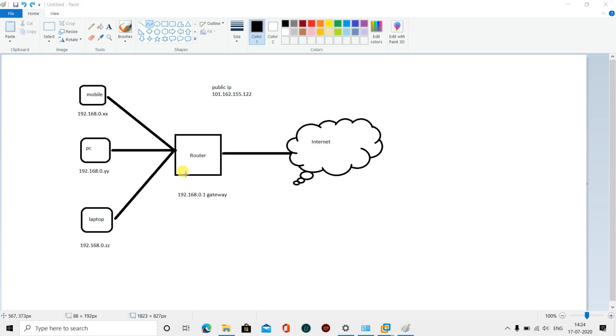And they contain IPv6 and IPv4 addresses. So this is the IPv4 address of the router. It is 192.168.0.1. It may be different, but generally it is configured to this one. We can change it. Actually, this is not our original IP. The original public IP is this one. It may be this one. It will be different for different people.